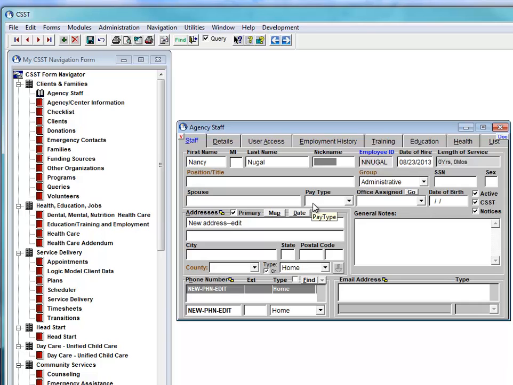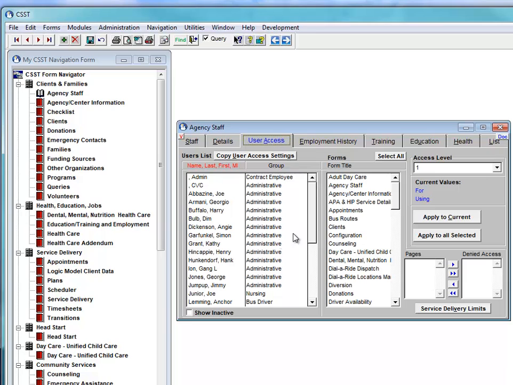Now, in order for someone to be useful to you or be able to get into CSST and do things, you need to give them access to forms and give them a global access level. So in order to do that, we go to the user access page, and I should point out here that in order to do this user access setup and the global access, which we'll get to in a minute, you have to be logged in as a CSST system administrator. And that simply means that you have to have administrative rights, meaning global access level 9, in order to do